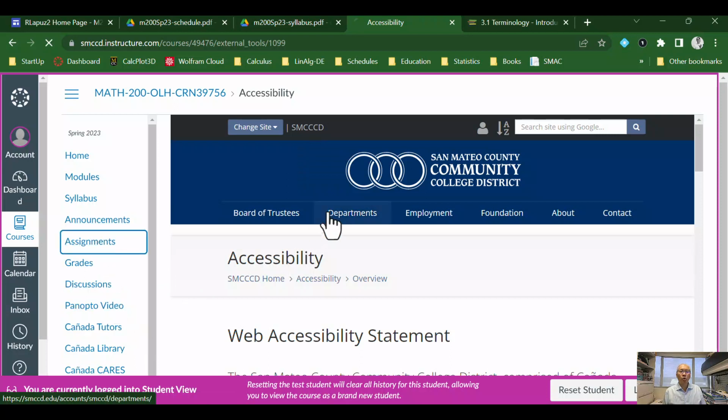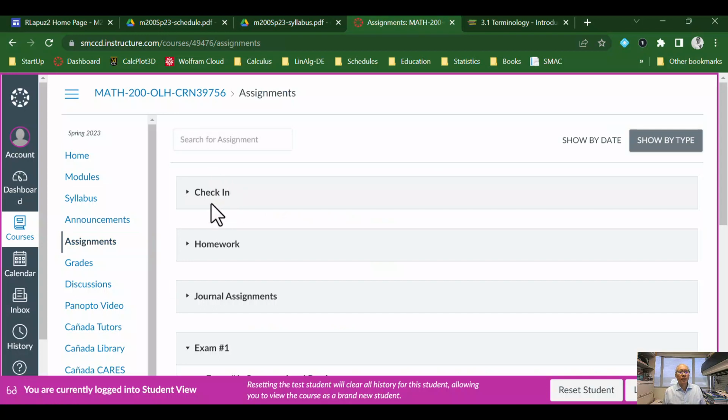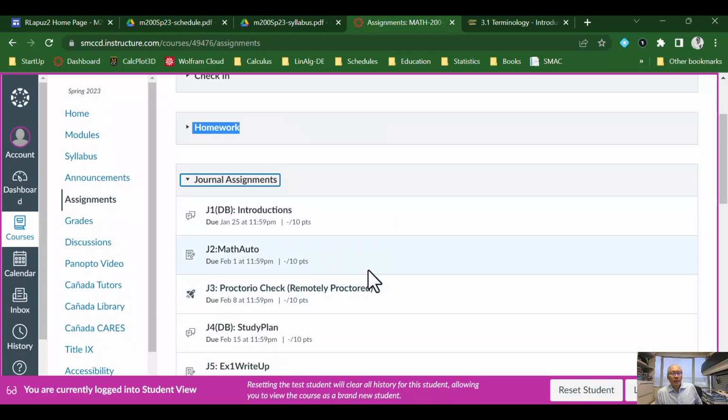Okay, one more note, the different types of assignments that we're looking at are the check-in quizzes, the homework assignments that are linked through MyOpenMath, and then there are journal assignments. So let me just quickly discuss information about the journal assignments. There are generally three types of assignments. One type would be a discussion board assignment, and you'll see the DB here as in discussion board. And these are introductions.